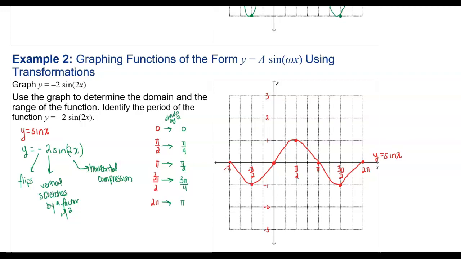So now, instead of it having a period of 2 pi, my entire graph has a period of pi. So one cycle goes from 0 to pi now. So if I were to graph this, here we have our pi over 4 and our 3 pi over 4. We know that it is negative, so instead of going up to 1, we're going down, but to 2 because it is by a factor of 2. So now we start at the same point, we stretched it by a factor of 2, and then we go up,